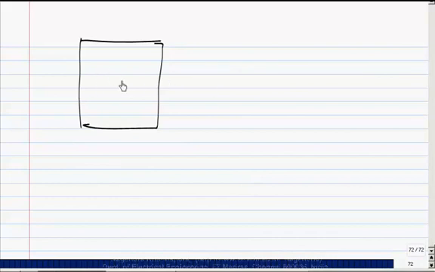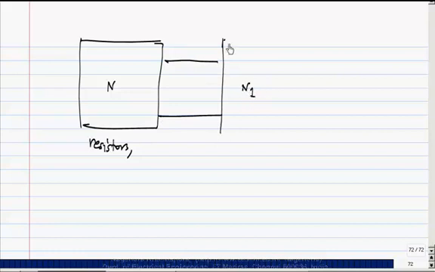So, the next thing is, let's say I have a network N with resistors and sources, independent sources and so on. Now, in this case, I am talking about only resistors. There are no nonlinear elements in the circuit. And let's say this is connected to some other network N1, which could be anything. I am not saying anything about what is inside, whether it's linear, nonlinear, whatever.